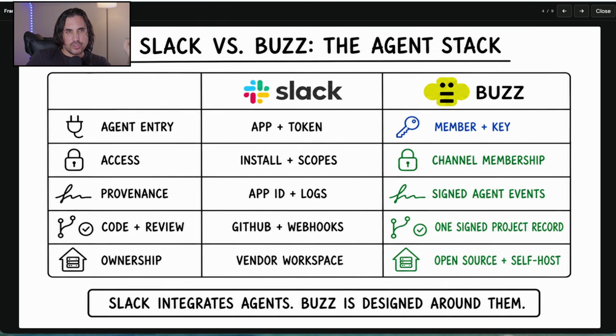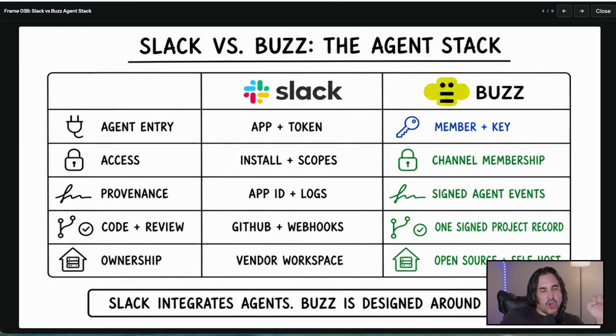Buzz is essentially trying to do, and I don't think they're quite there yet, but what they're trying to do is merge GitHub, merge Slack, and any kind of conversation around the code into that one platform. And lastly, the ownership, and this part is for me the most interesting. I think open source is the future. I think for any kind of software that we see right now, there's either an open source equivalent or there's going to be an open source equivalent that's going to be just as good.